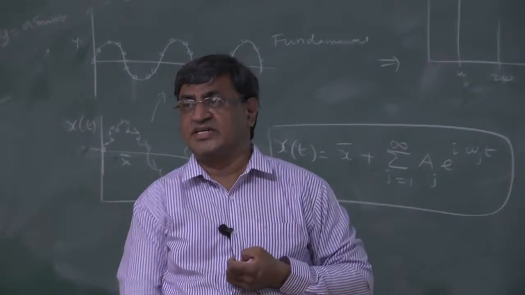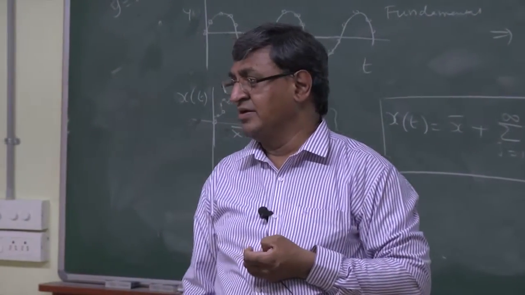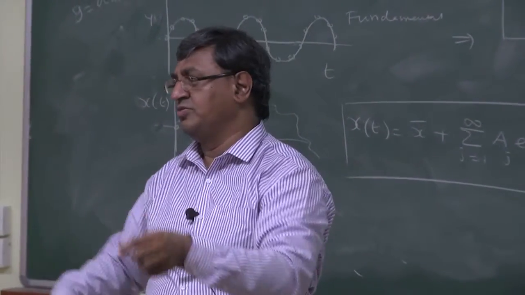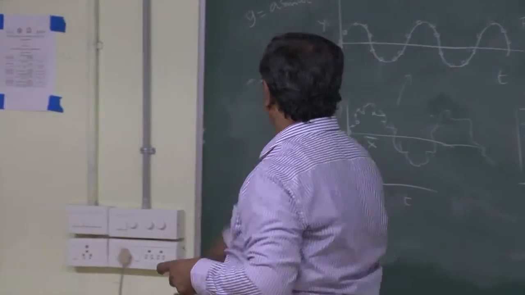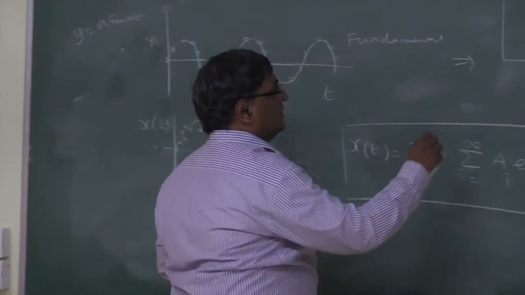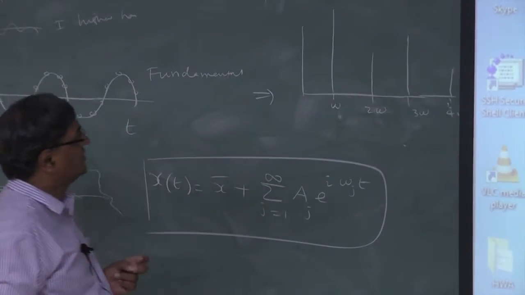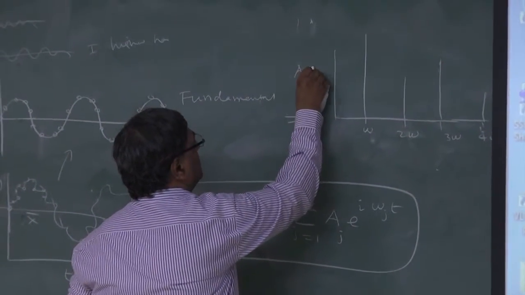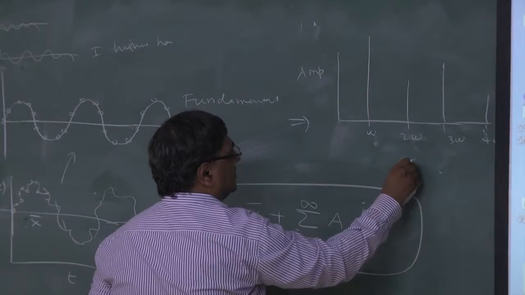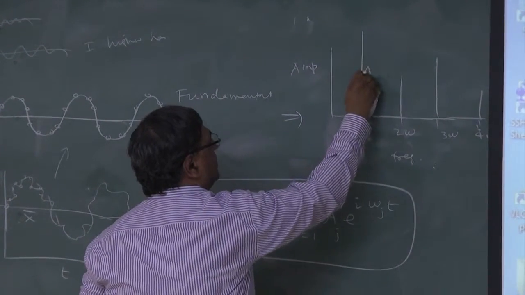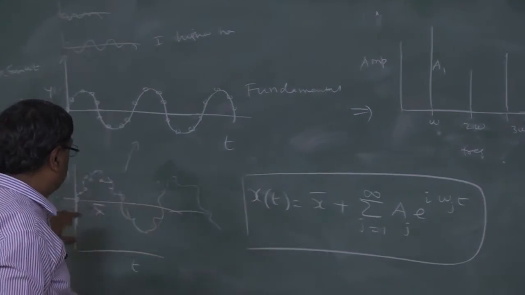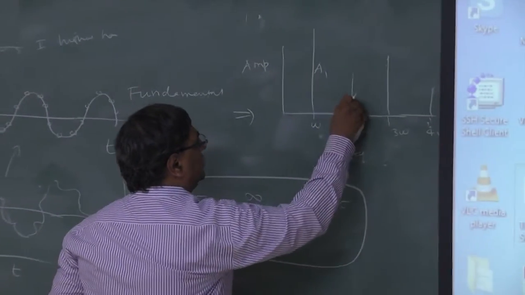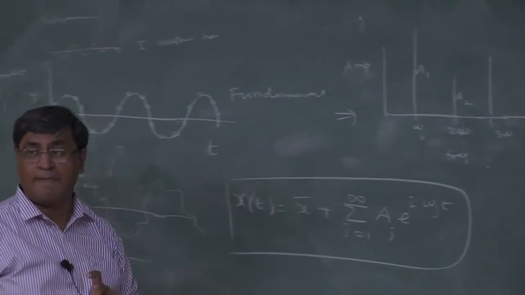In mathematics you would have studied about convergence of a series, as in the infinite term, its magnitude should be small. Unless it converges to 0, it will not work. So this is typically the Fourier series written as, so we have written the amplitude and the frequency here. So this may be A1, the amplitude of the fundamental mode, which is very large, as you can see. This is A2, the amplitude of the second one, and so on.